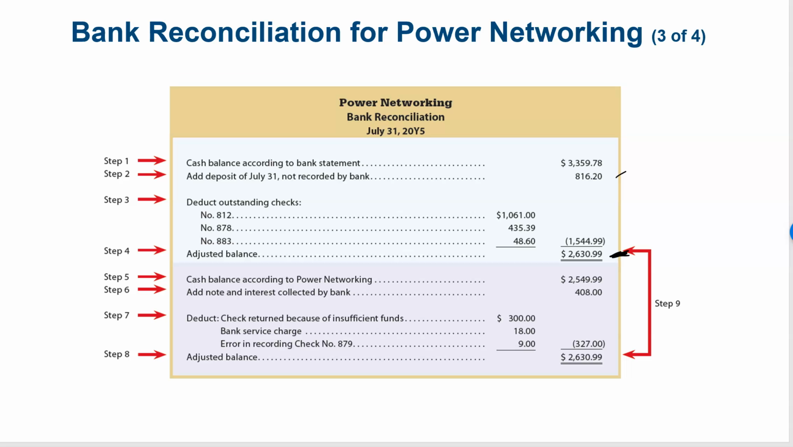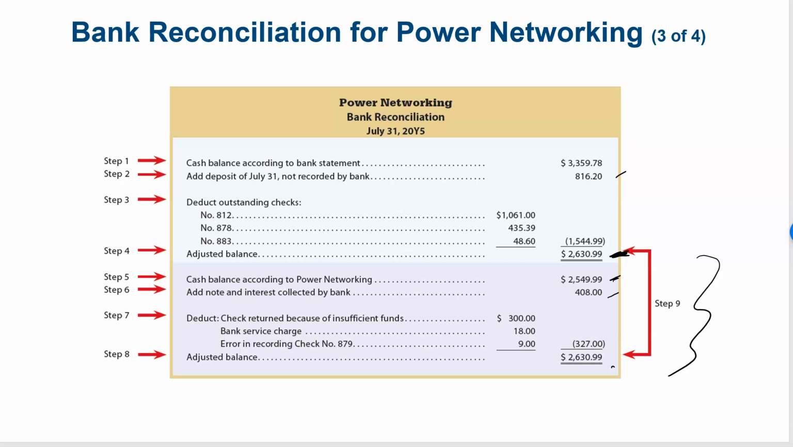Now we're going to start with the book side or the company side. So we have our cash balance according to our books, our company from our T account right here. And then the bank had collected a note for us and we haven't recorded it yet. So we need to go ahead and add it here. Then we had these items that subtracted from our bank account that we haven't recorded yet. So notice that everything on the company side is because we haven't recorded it yet and now we need to record it. Once we do that, we get to our adjusted balance and note that they are in balance,